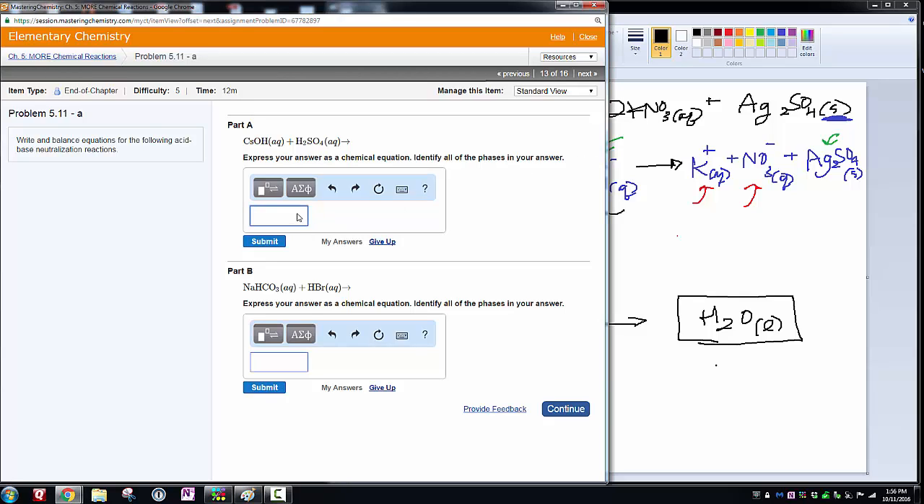So they want the whole chemical equation, not just the product. And they want you to identify phases like aqueous in your answer. So I have CsOH, and that's aqueous. And I have